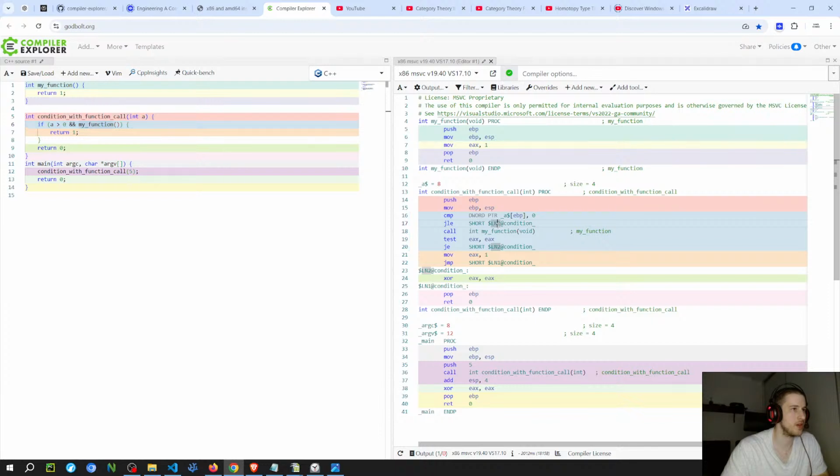So this is the else condition because obviously your condition there is bigger than 0. So this should be the else condition, which just cleans up the value and returns the function. Because it's an AND statement, it's gonna check both. And then it calls the function here. The function sets up the stack, moves 1 to EAX and returns. That's basically what the function is doing.